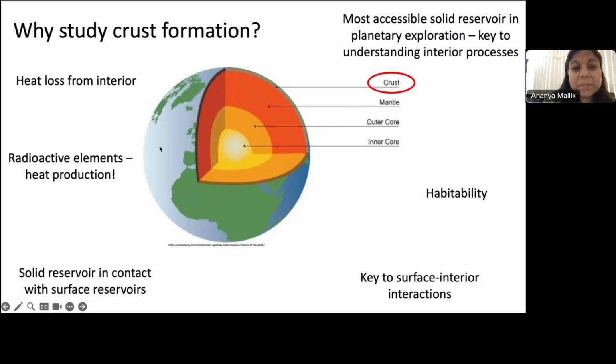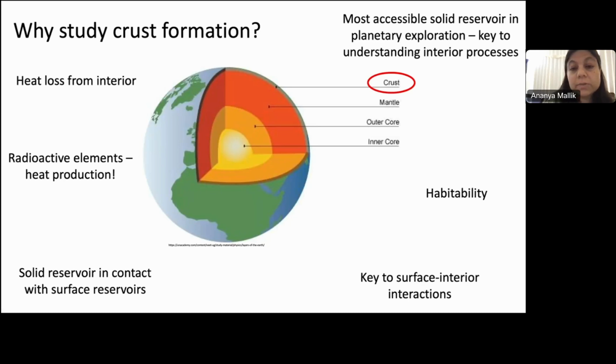So this is the Earth, but it could be any other differentiated planet. And what we know is that the crust, this outer shell of that planet, is really important because it gives us insight into heat loss from the interior. The crust happens to be one of those layers that takes in a lot of radioactive elements, and so it determines heat production. Very importantly, it's the solid reservoir that's in contact with surface reservoirs, which means that studying the